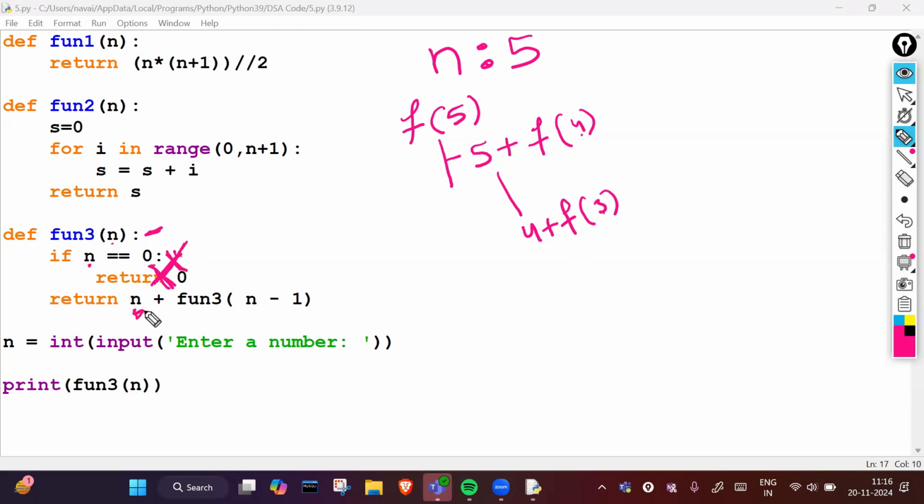So what will happen again? N plus function 3. What will it do? N means 3 plus function n minus 1. N minus 1 means 2, right? Now, what will happen? This 2 will pass here, and it will check whether n equals 0. No, it is 3, it is not equal to 0. So what will happen? 3 plus, again call the function by passing